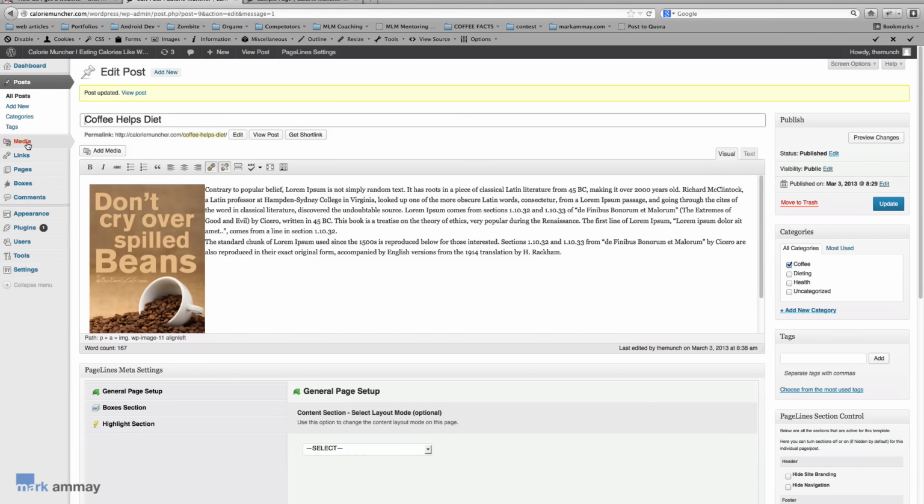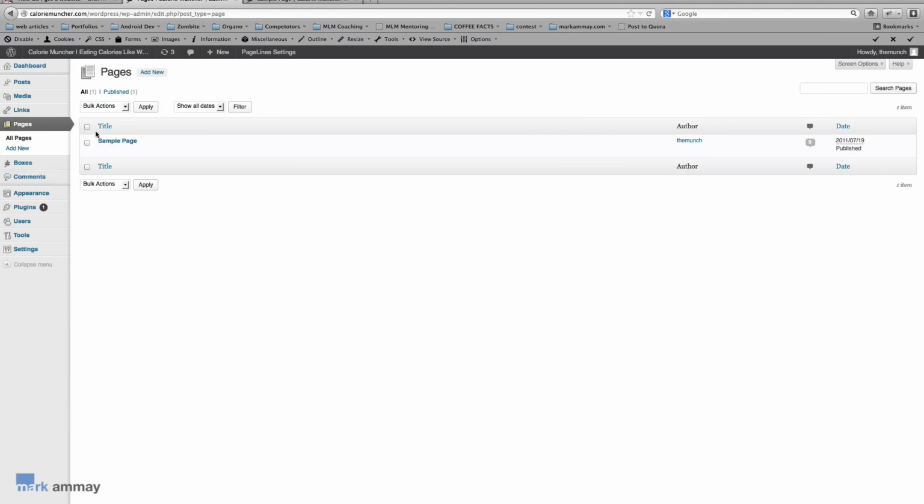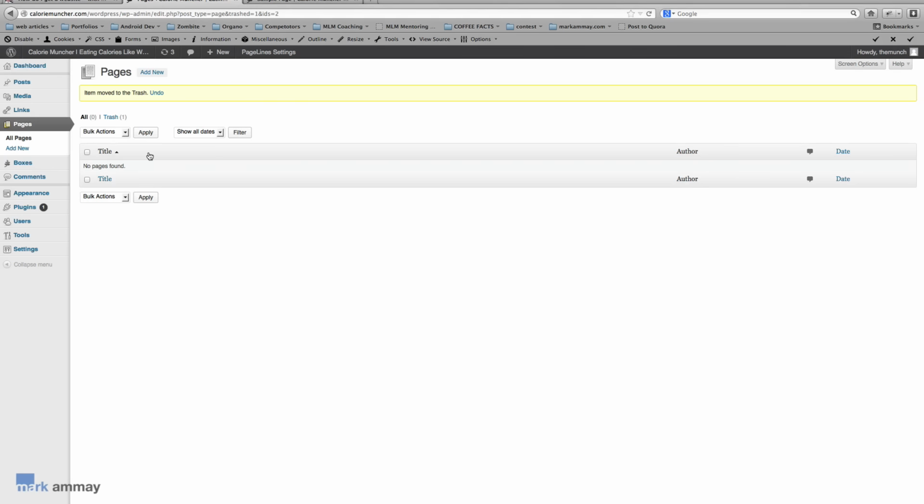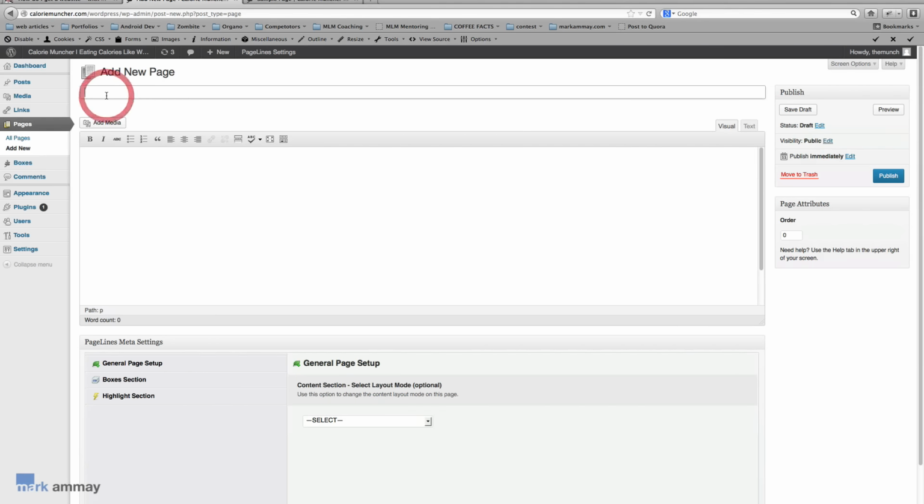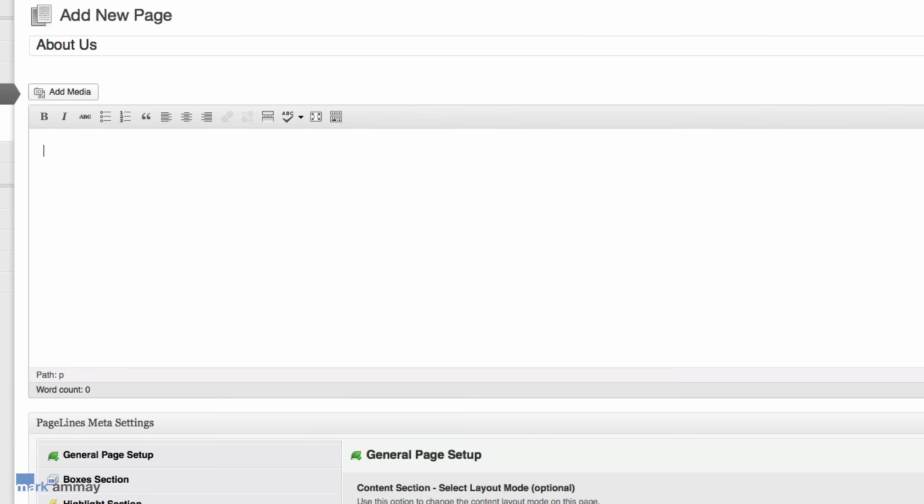So we're going to come back here and click on pages, and let's take a look at this, and let's delete the sample page. So click this, or actually just go ahead and trash this page. And then now let's go ahead and add a new page. Okay, so let's add my about page, about us. And then we're just gonna put this is an about page,